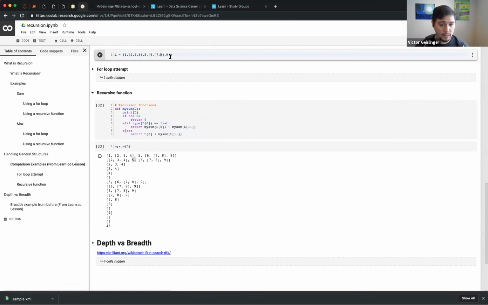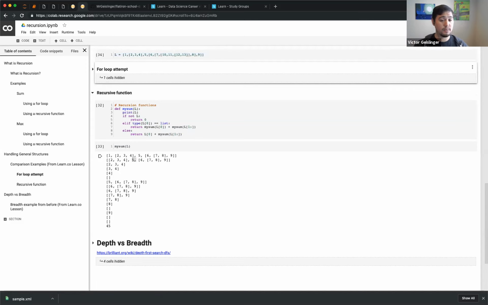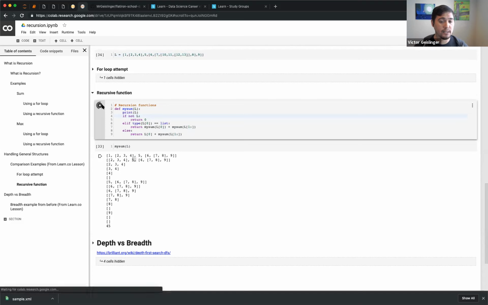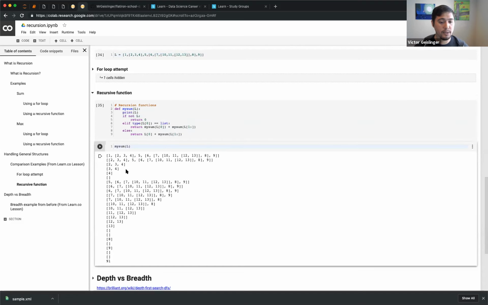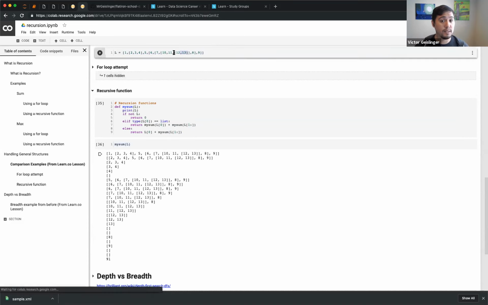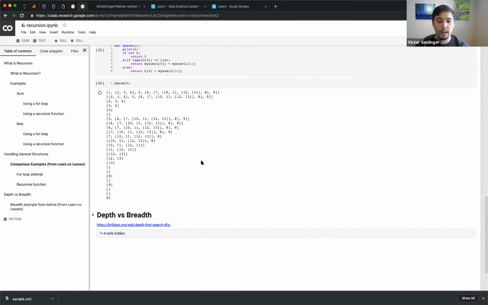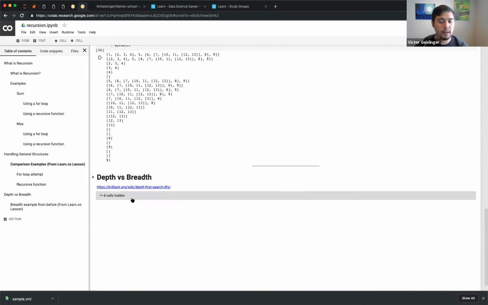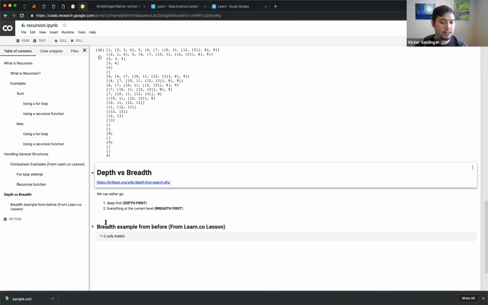So if I put something like, let's say, 10 here, and let's say 11, and then I put something like 12 and 13. That's a deep list, right? You can think about how much that will basically go deeper and deeper and deeper. And we can actually still use the recursion function. I don't know why I reran this, but you can see it still is able to go through that whole thing. So it doesn't matter how many deep layers we have, because basically it can always go deeper and deeper and deeper. Okay. Oh, I realized I'm out of time, but last part, you guys can see this.